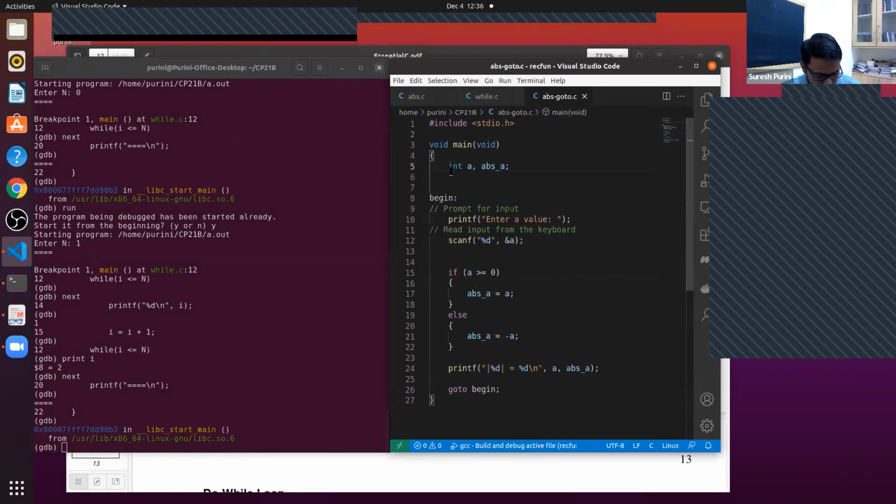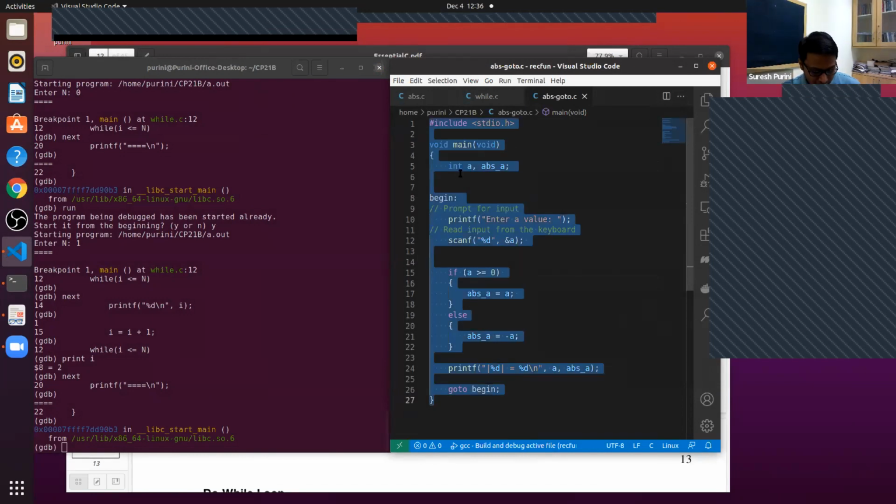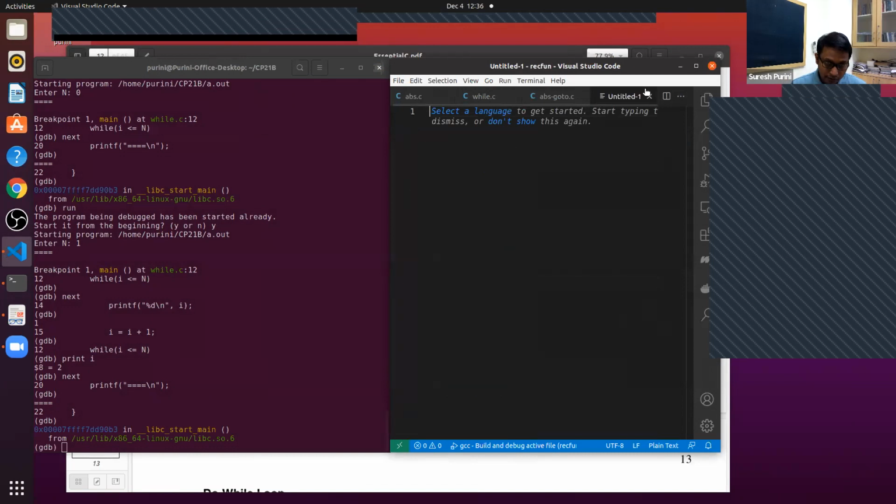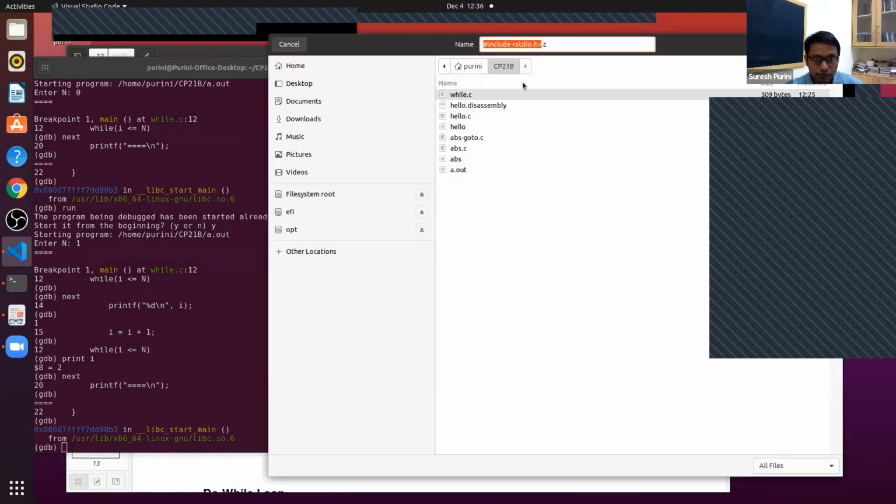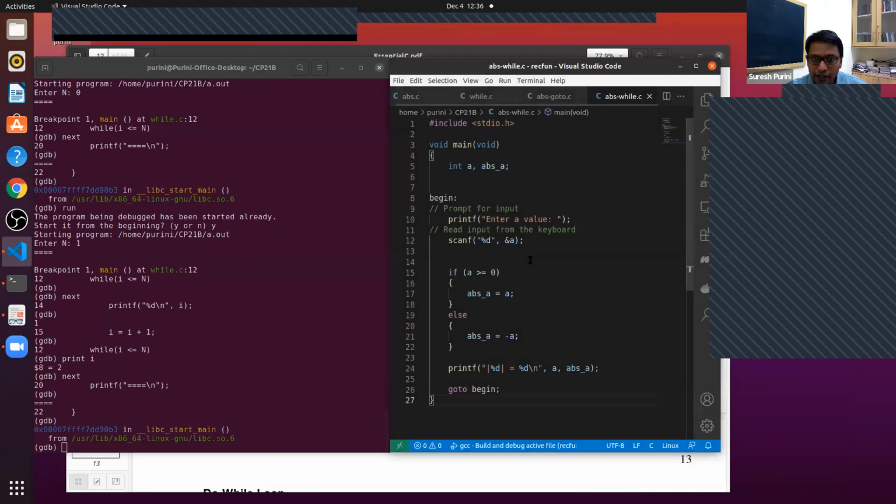In order to write this, we have to write something like while true, a Boolean expression which is all the time true. So the body gets executed all the time.